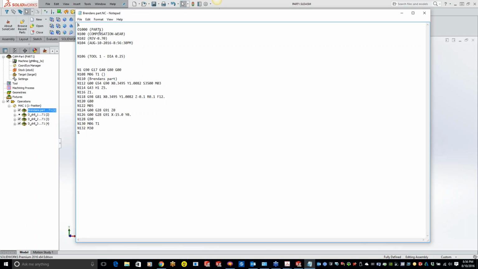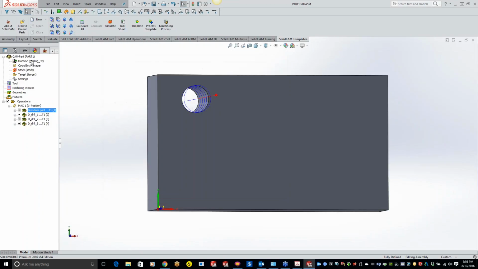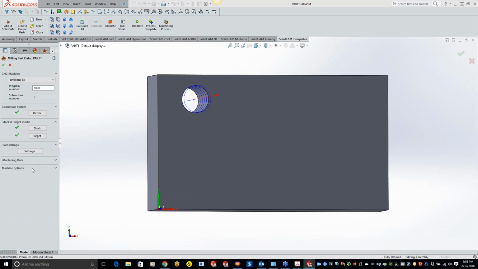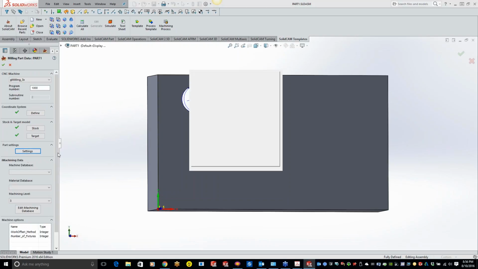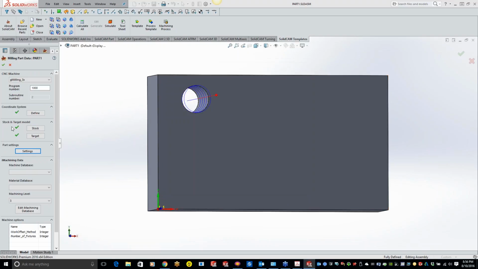For those of you that want it up here in the part, there's going to be a way to modify it where it says Rev 7A. That's going to be right in here under, I think, machine options, machine settings. We can add that rev number in here.